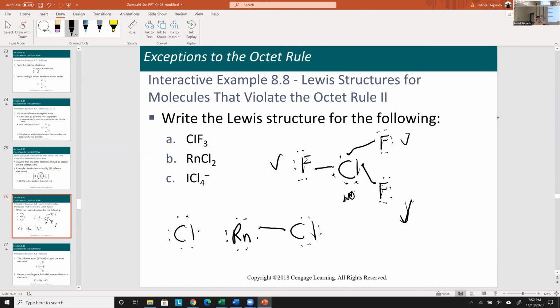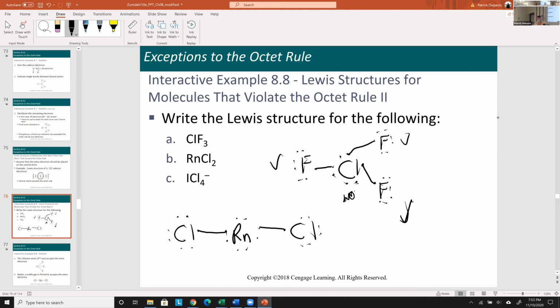So that's exactly what happens. Radon ends up having 10, 2, 4, 6, 8, 10. And the chlorines are happy. And the chlorines are more electronegative. The radon is not electronegative at all. So the chlorines being satisfied is a good thing. Now,